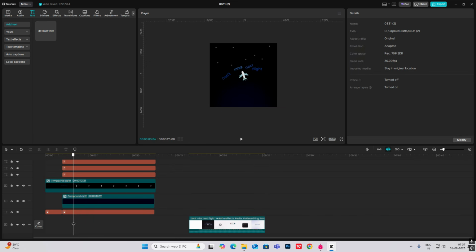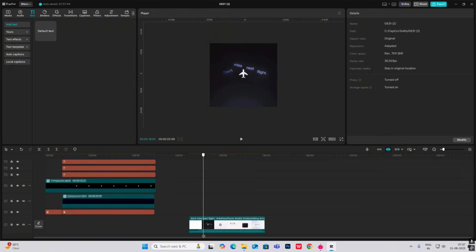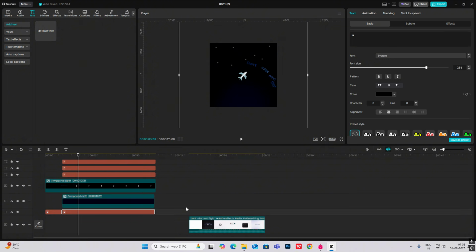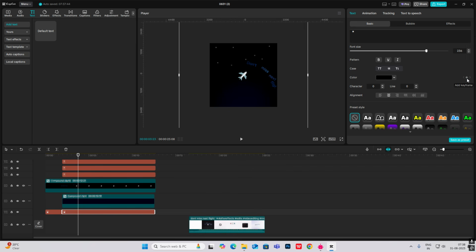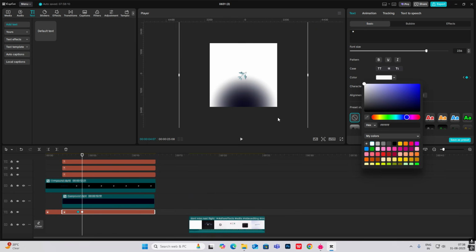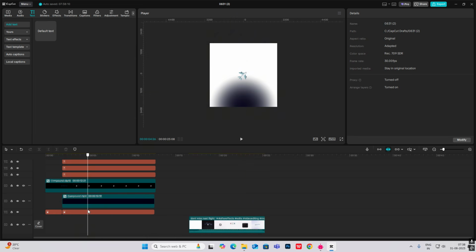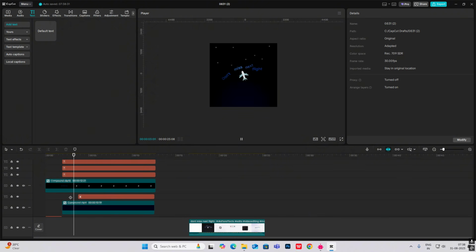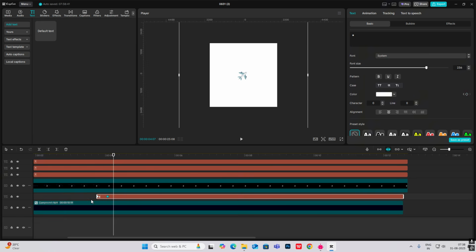Okay, so when this turns, as you can see over here, it becomes white again. So here I'm just going to select this color, go ahead and make it white. Okay, I'm going to put this over here, bring the keyframes closer,